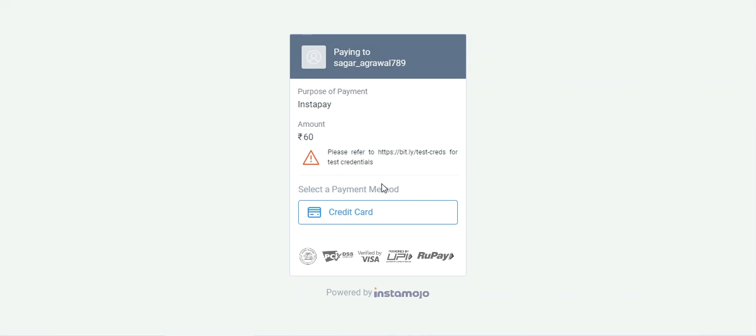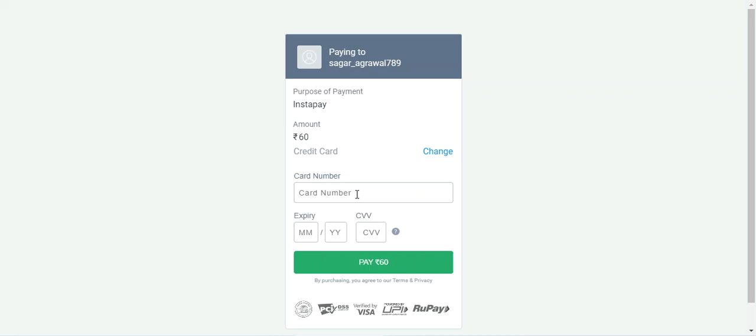as you can see right now. And here the customer can enter the credit card details by tapping on the credit card details button, and here we can enter the credit card details. So let me enter the credit card details. I'll be entering a Visa card number. I'll set the expiry, the CVV number, and then I'll be tapping here on the pay 60